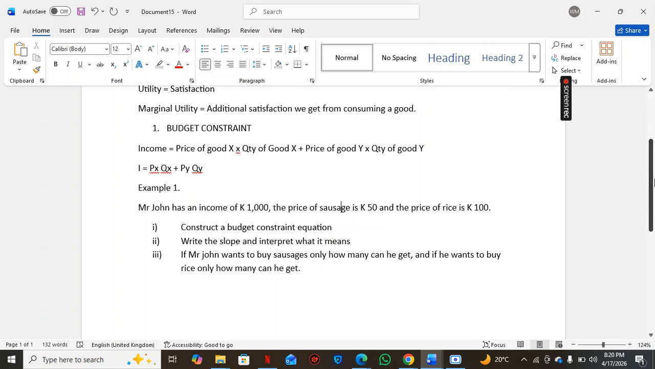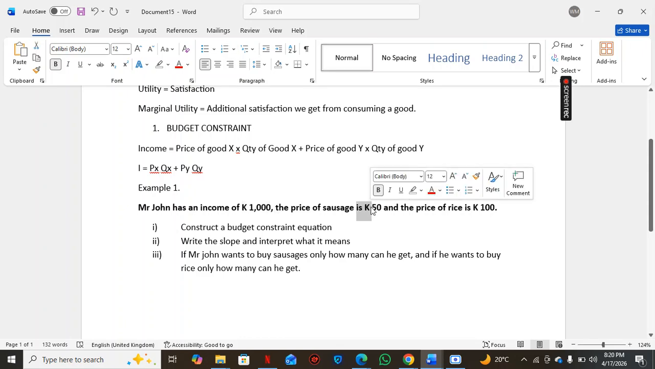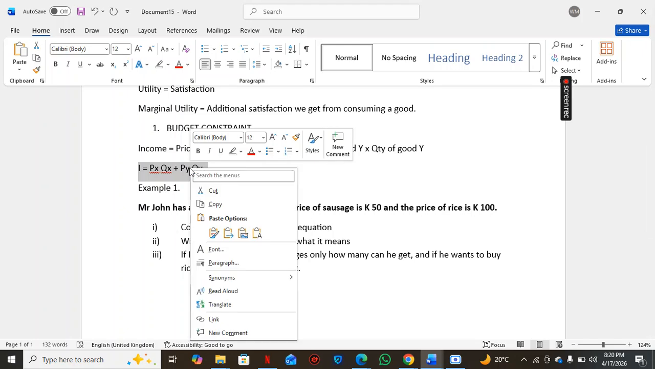Okay, so we'll start with part one. We have to form the budget constraint equation. So you just need to know the income and the prices of both goods. So the budget constraint equation, as I said,